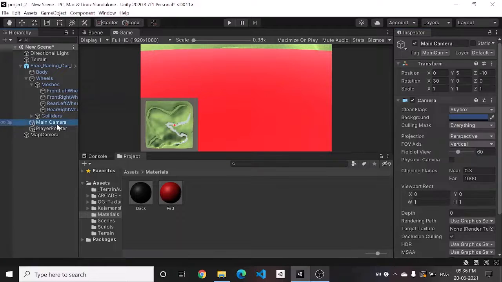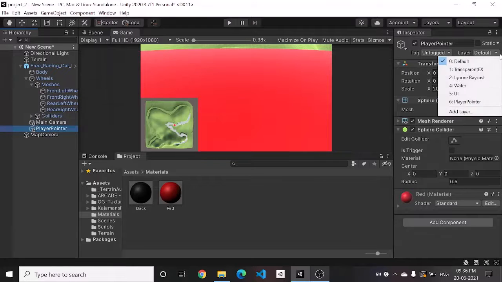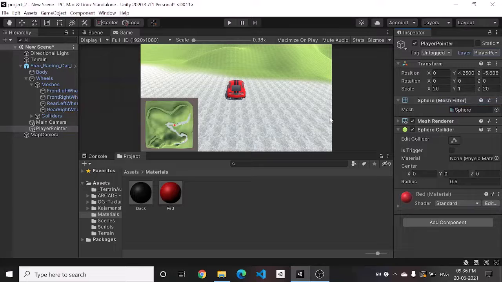We'll go to the main camera and disable that layer, while the map camera can see everything. And make the player pointer a part of that layer.